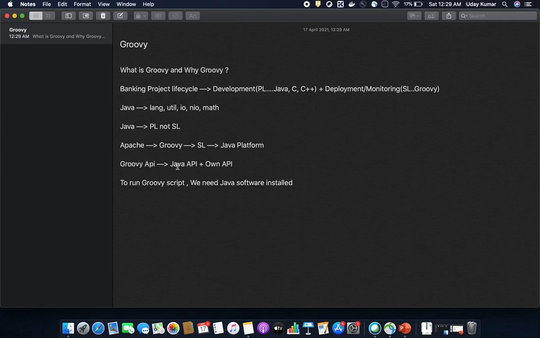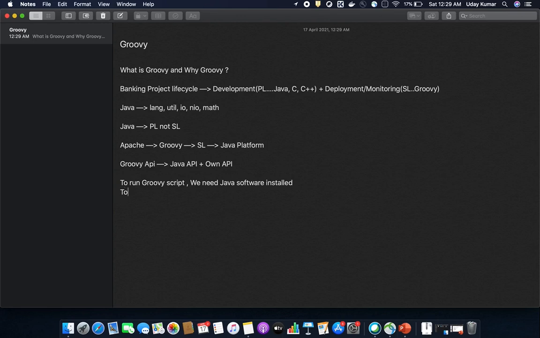Because Groovy is built on top of Java. Without Java, there is no Groovy. So to run Groovy scripts and to deploy your services, you need to have Java software installed in your system. Groovy cannot deploy the service independently. It needs the support of Java because it is built on top of Java. So to run a Groovy script, we need Java software installed.